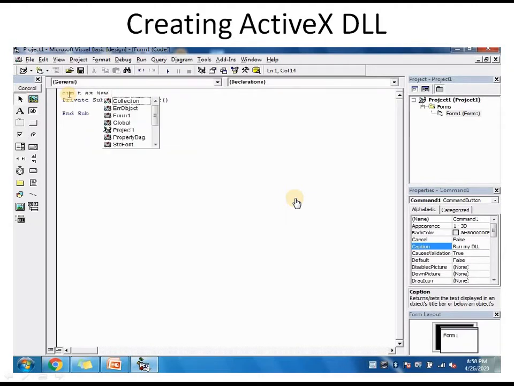We try to push the global variable, dim t as new. We are trying to find our concerned project name here, but we can't get it because